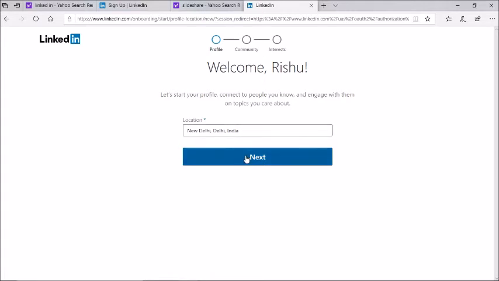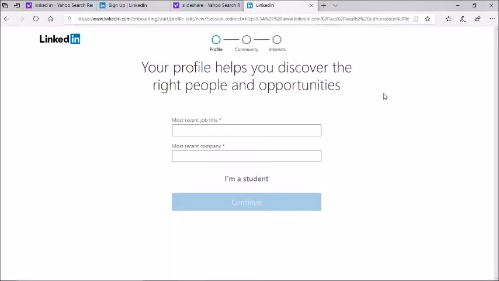You have to put in your location, and you can write your post. So this is the initial thing that you have to do once. But once your account is created, then you don't need to worry about the PPTs anymore.